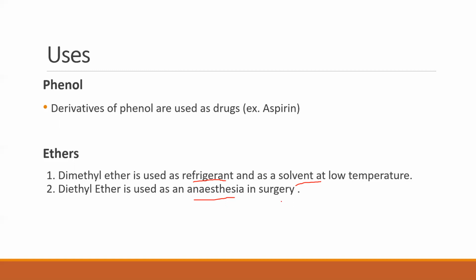Clear? So far in this chapter, what did we cover as a part of the story? The story started off with what they are, what the different types are, and the various ways in which we can classify them. Then we looked at how to name them, both according to the common system as well as the IUPAC system. Then we looked at how to prepare alcohols, phenols, and ethers using different methods. And then we looked at questioning why. Why do we need to study? We need to study because of the reactions and the products that they give.